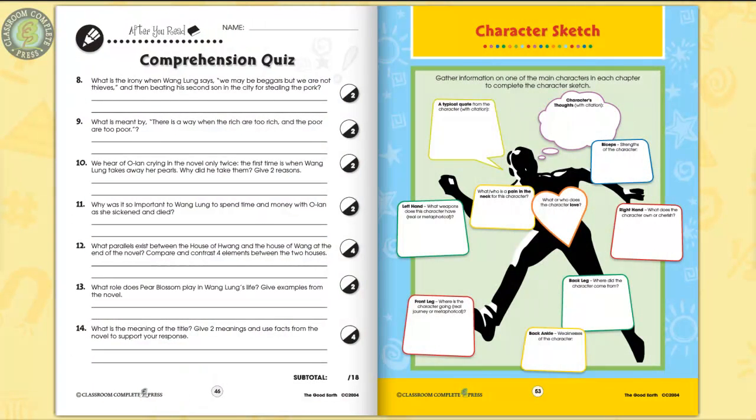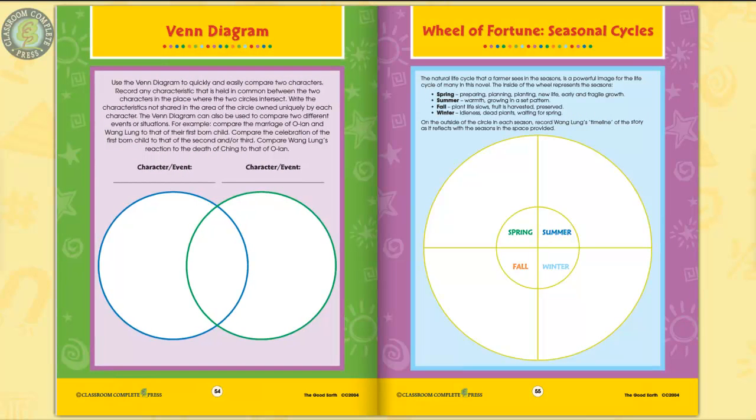3 color posters, which are graphic organizers, complete the resource. Complete a Wheel of Fortune graphic organizer with events that take place in each